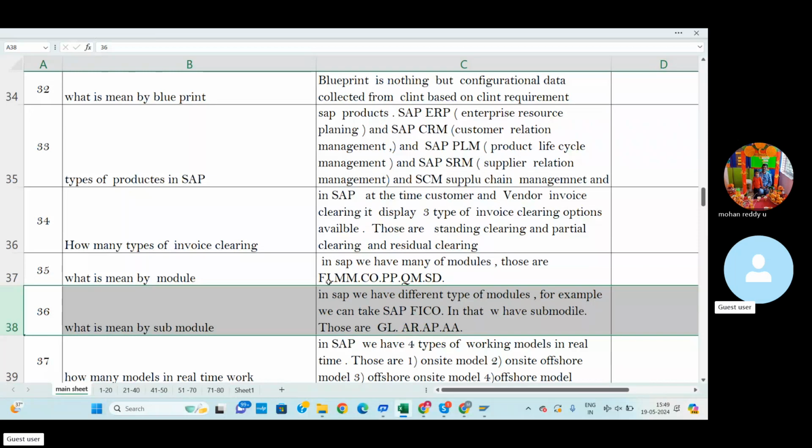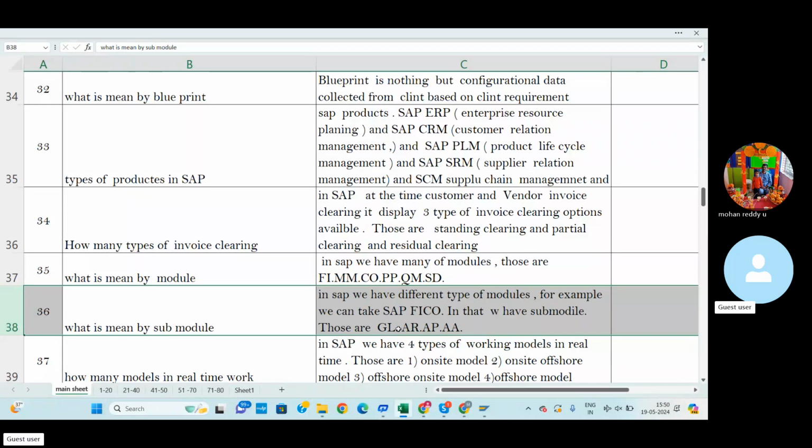For example, SAP is the domain and FI is the module. In the FI module, one end user works as a real-time employee in an organization, and management allots the person a particular submodule.